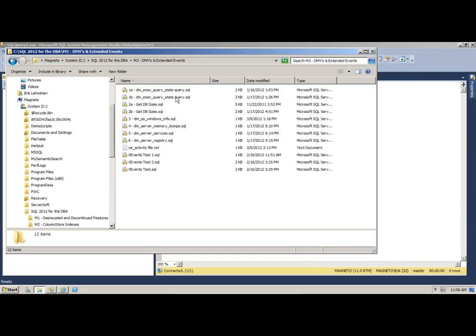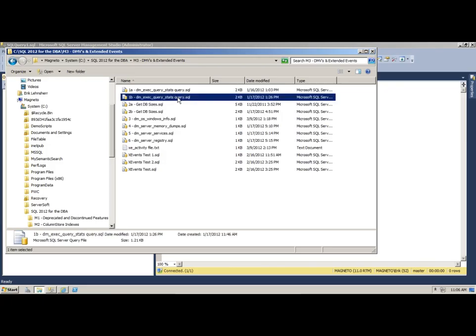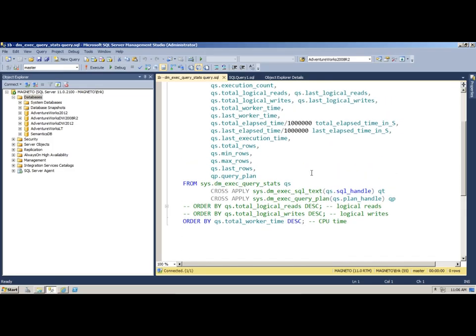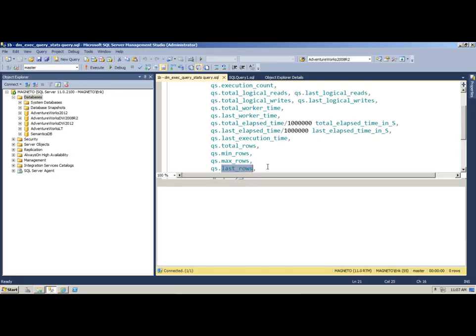So immediately we have a demo. The first one is not a new DMV, but there are new columns added to the DMV sys.dm_exec_query_stats. The new columns are total rows, min, max, and last rows. And these are very useful when you're doing a